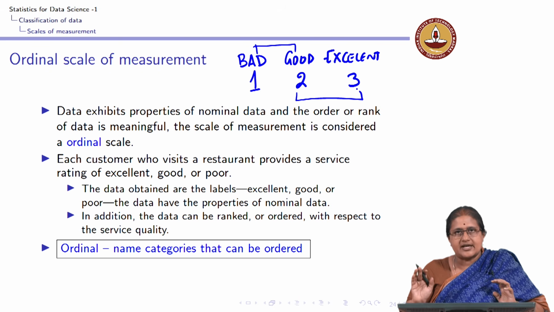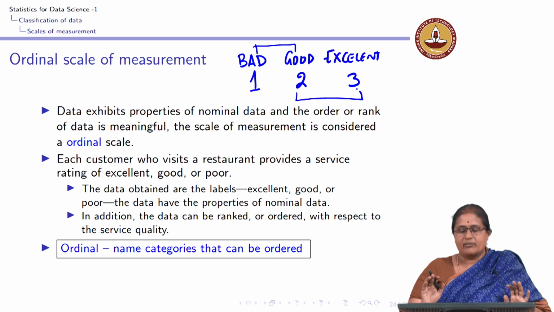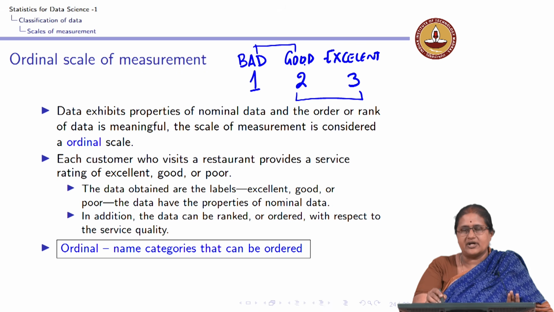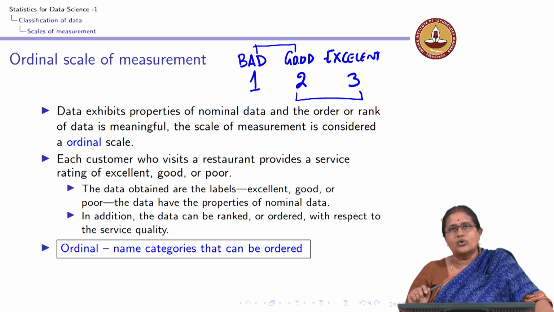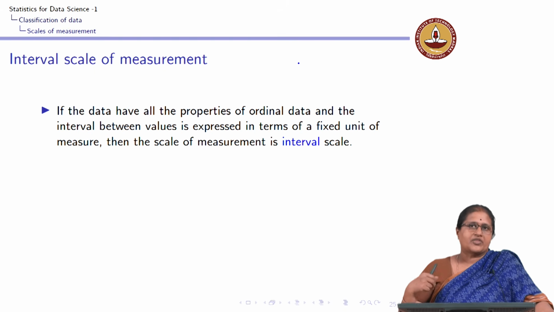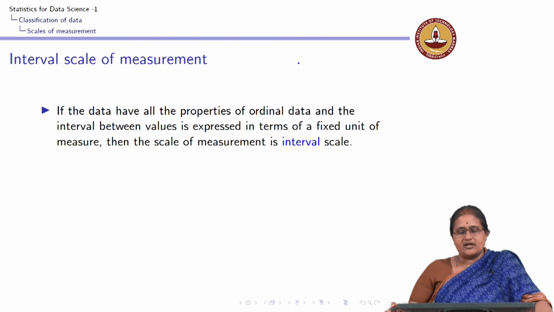I know excellent is better than good, but I cannot say that the difference between good and excellent is the same as the distance between good and bad. I have an order, but at this point of time I am not able to comment anything more about this order. So, when I go to interval scale of data,